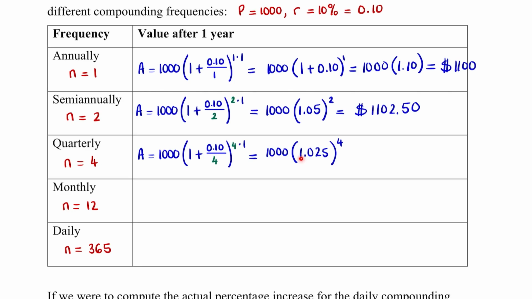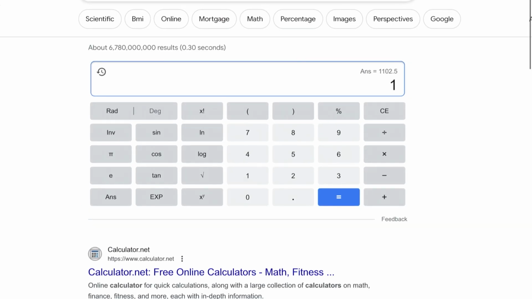I'll take 1.025 raised to the 4th and then multiply by 1,000. So I get